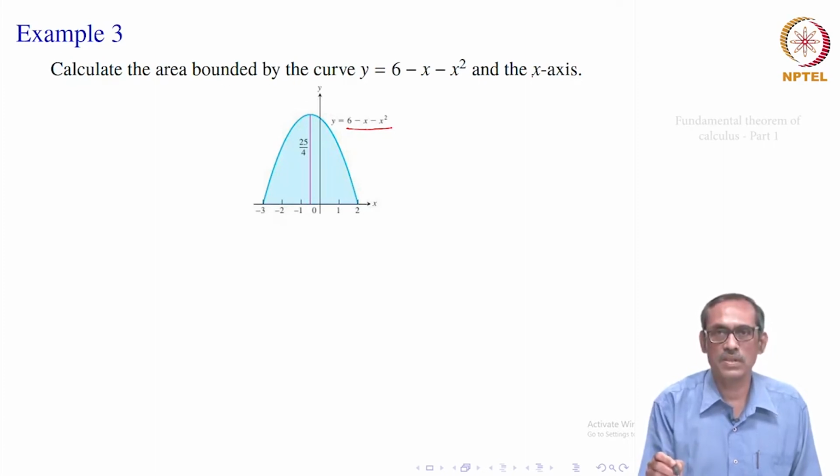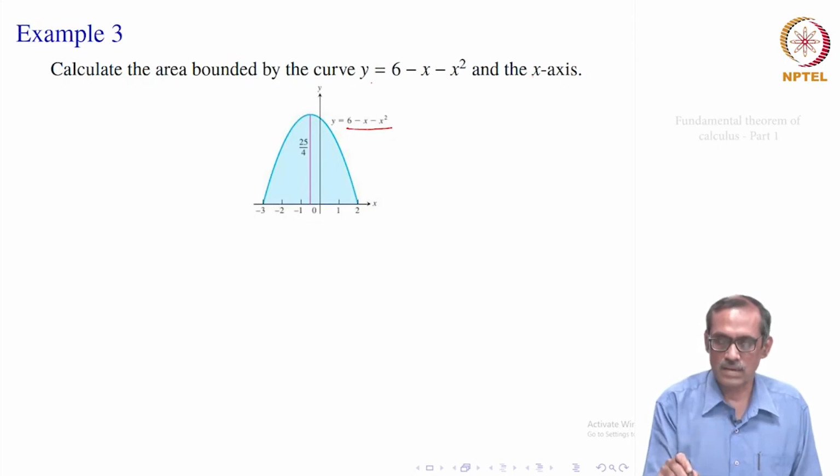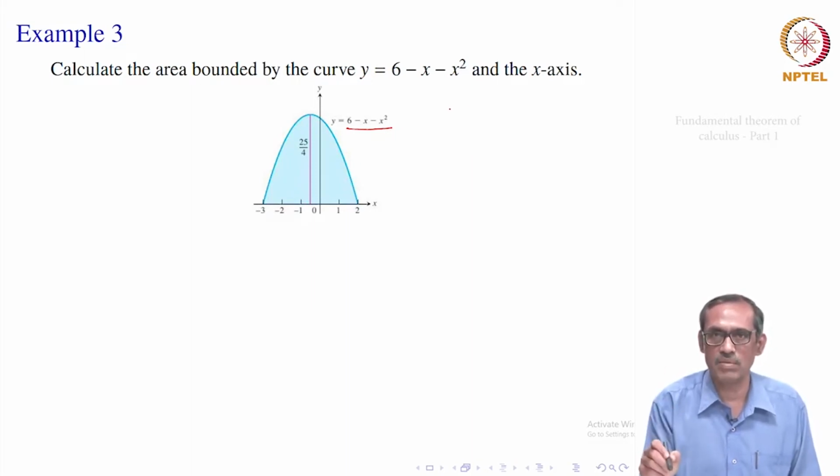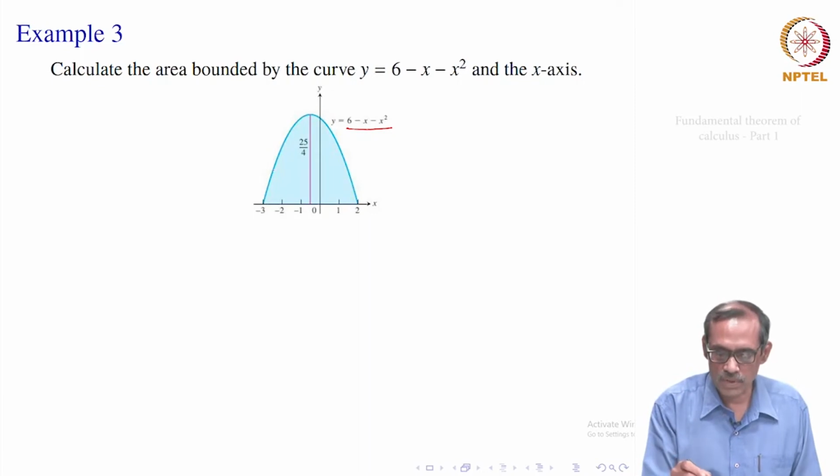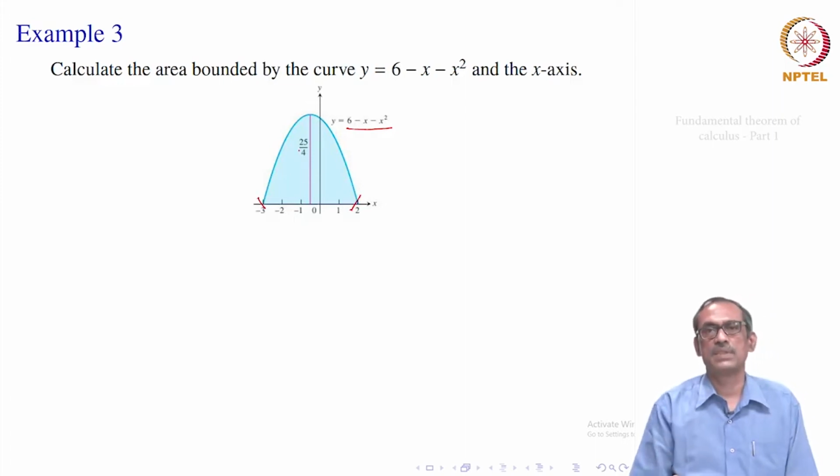So, that means it intersects the x axis at least at 2 points in order that an area should come, and then nothing else is required to get a region which is bounded by these two. We do not have the lines x equal to a and x equal to b here. So, that means wherever it crosses the x axis, those should be the limits. Of course, if you look at the figure, it makes clear this curve is intersecting at 2 points and we want to find this area which is colored blue.